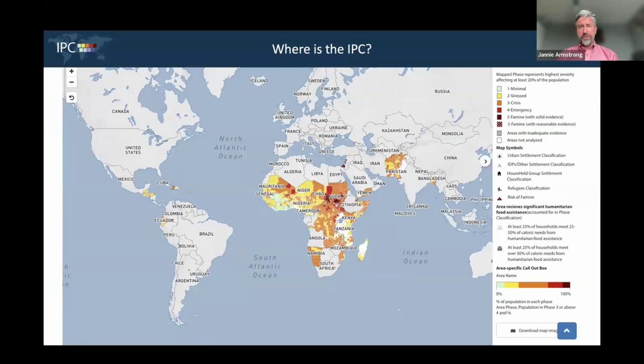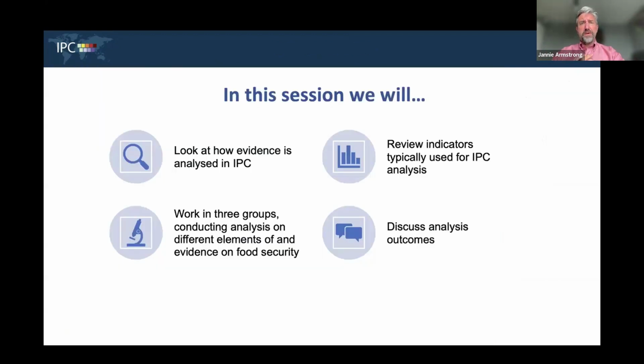And currently, we're in about 35 countries. That number expands and it fluctuates somewhat, but we're at about 35 right now. We have a sister institution in West Africa called the Cadre Harmonisé, which is completely integrated with the IPC, but is slightly unique to West Africa. But this gives you an indication as to where we are, from Timor in the Far East to the Latin American states in the North American continent. So that's a little bit of overview.